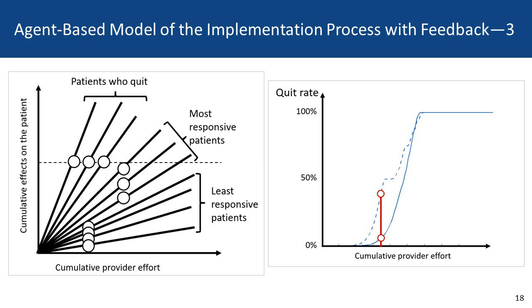But we shouldn't just look at the quit rate at the site level, even though that is an important measure of implementation success. Because if you look on the left side, you'll see that the least responsive patients are getting more provider effort. And not only that, the cumulative effects, even though they haven't quite achieved the outcome of quitting smoking, have at least gone up from their baseline. So this may be important if these patients move on to another intervention, because these patients would have started at a baseline not at 0, but at a level significantly higher than 0,